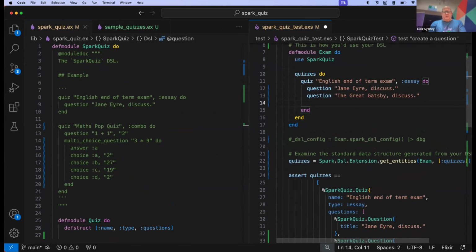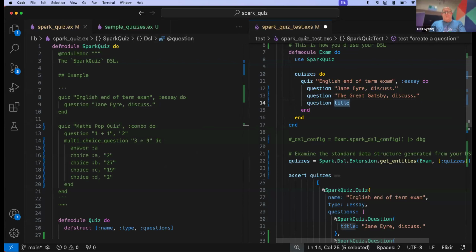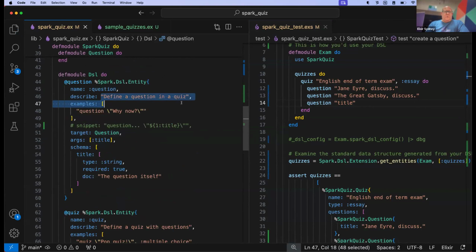What we do get here is some docs. All of the description and examples and all of the docs that we typed in on the left side allow us to do stuff like this. Now that should have been configurable with the snippet, but I didn't know what the magic incantation was, so I'll have to figure that out. But having that doc around is super helpful, because otherwise it's very difficult to know what options you've got and so forth. So when you're defining your DSL, you definitely want to put all of this kind of stuff in so that we know how to use it.